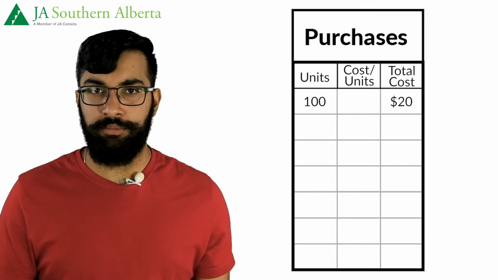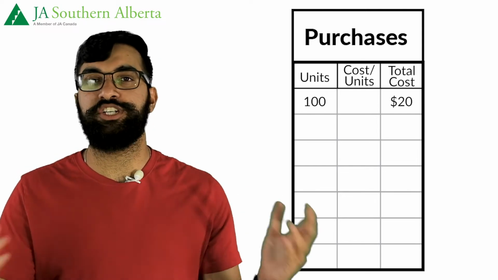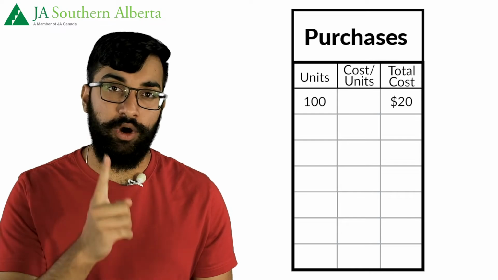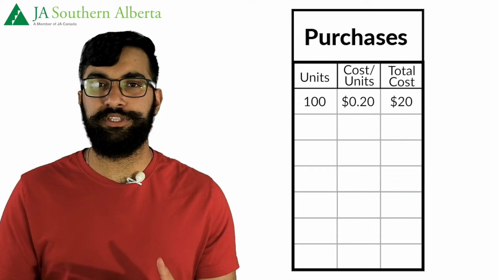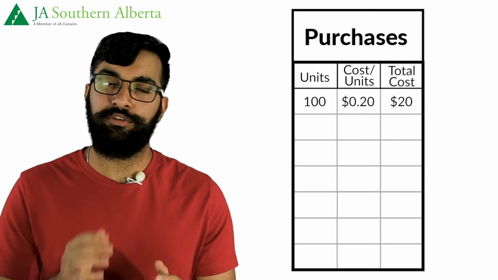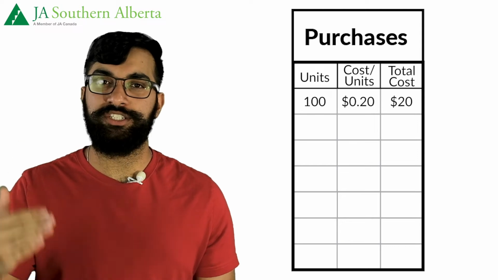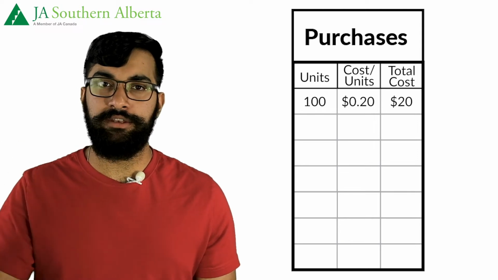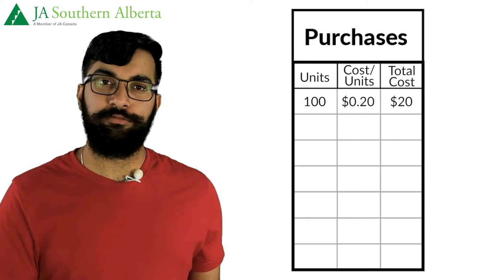Using that paper example, I know the $20 I paid can be divided amongst 100 sheets that I received, meaning that 1 sheet of paper in that pack will cost me 20 cents. Sometimes doing this cost per unit calculation will give you a very long decimal. And it's important that we don't round this off just yet. We only want to round it off at the end because we want the most accurate numbers for our final amounts. So that's how we fill out the purchase